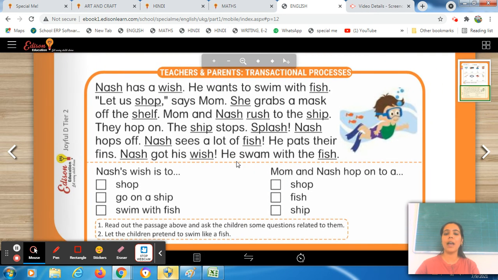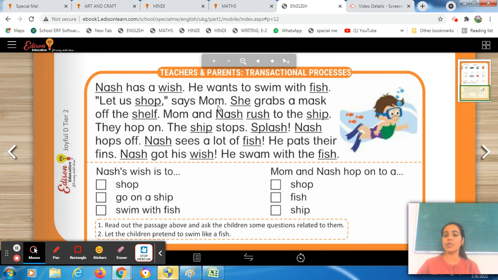So, today what we have to do, we have to read this passage, and in this passage, you will find lots of words with sh, है ना? आपको बहुत सारे words मिलेंगे which is having the sh blend. Fine. So you all have to put focus over those words. Okay. Now let's read the information given below, and then we will start. So we will read the very first point. Read out the passage above.